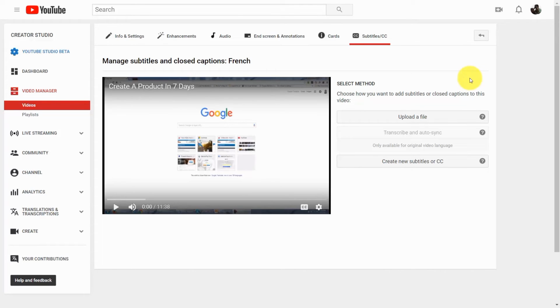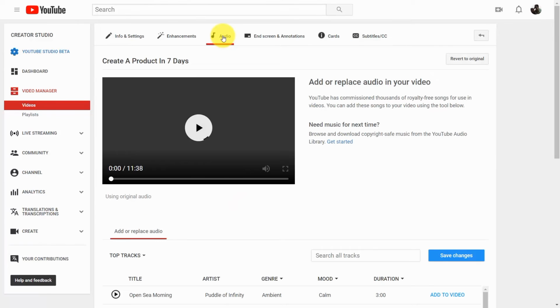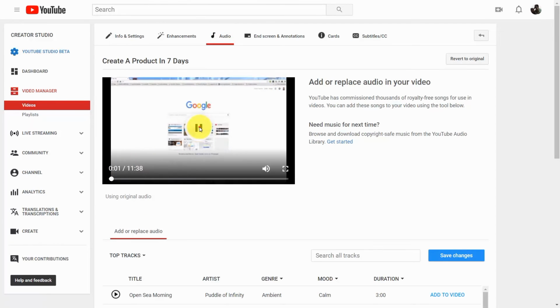Welcome back. Now, depending on what your live stream is and what you're trying to do, another part of the post-production process may be to add music. And you can do that inside of your video editing screen by going to this link that says audio. And when you do that, you're going to notice that you can add or replace audio inside of your video. Now, you're not going to be able to add anything from your personal computer to your existing video,